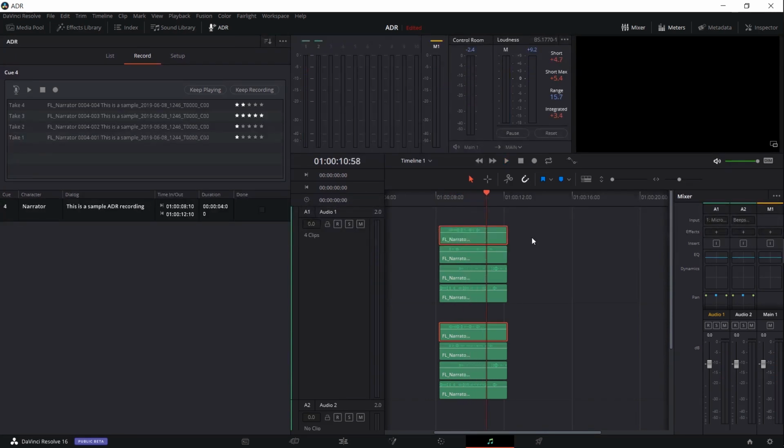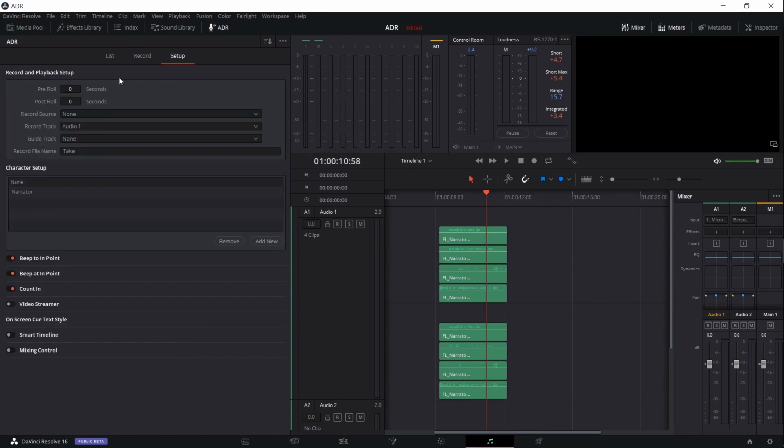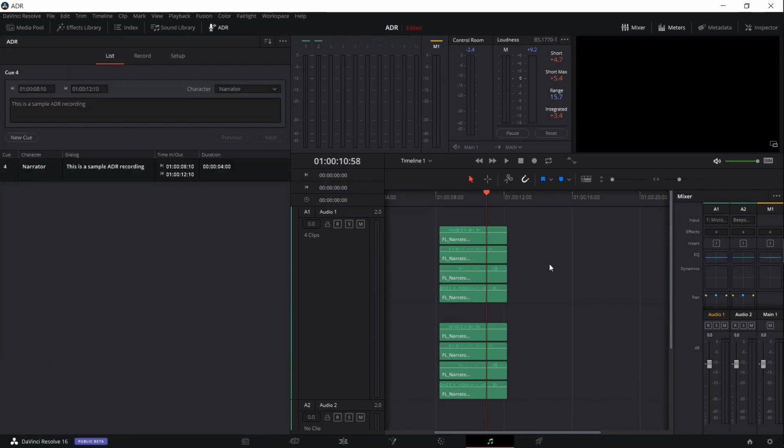Then we've now taken the 3rd take and made it the active one that we can include in our final video export. So automatic dialogue replacement is a really handy way of controlling your voiceovers when you want lines to be spoken at a certain time. You want to take multiple takes of those lines and be able to select a final take, and to also have a few tools such as having a pre-roll on account and to make recording those lines a little bit smoother. So that's going to be it for this video on ADR in DaVinci Resolve